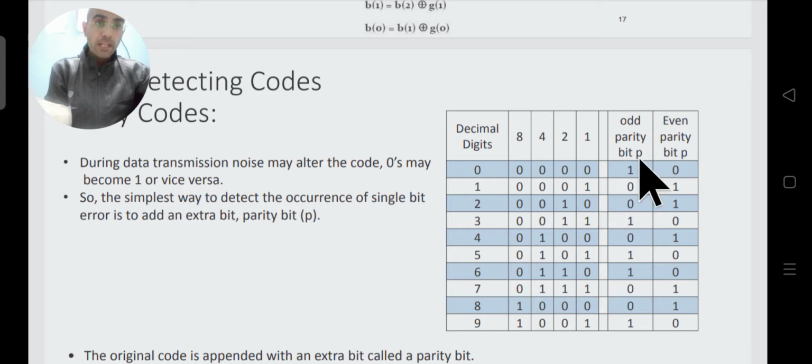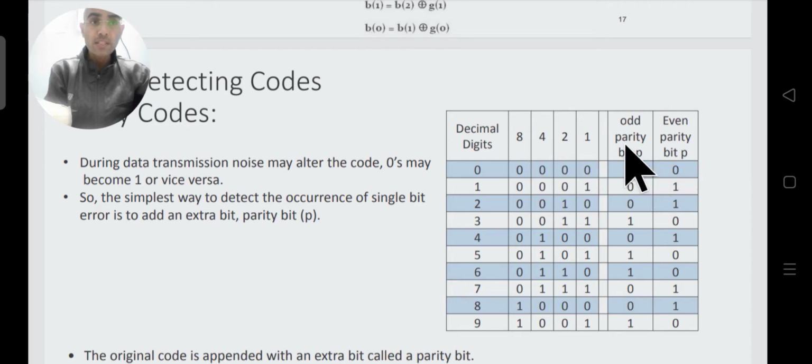Let's talk about odd parity. In odd parity, the number of ones in the code, including the parity bit, the extra bit which we have added to detect the error, should be an odd number of ones.